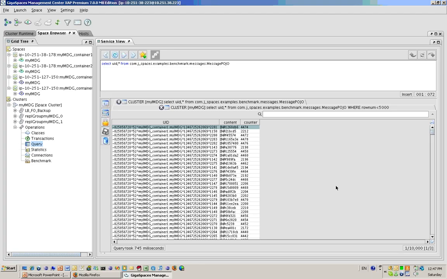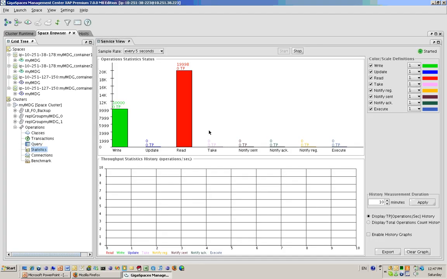Another super interesting option of the GSUI would be the statistics. Clicking the statistics under the clustered operations option will show us a graph. In fact, two graphs. The top one will show us the current throughput of each operation and the total amount